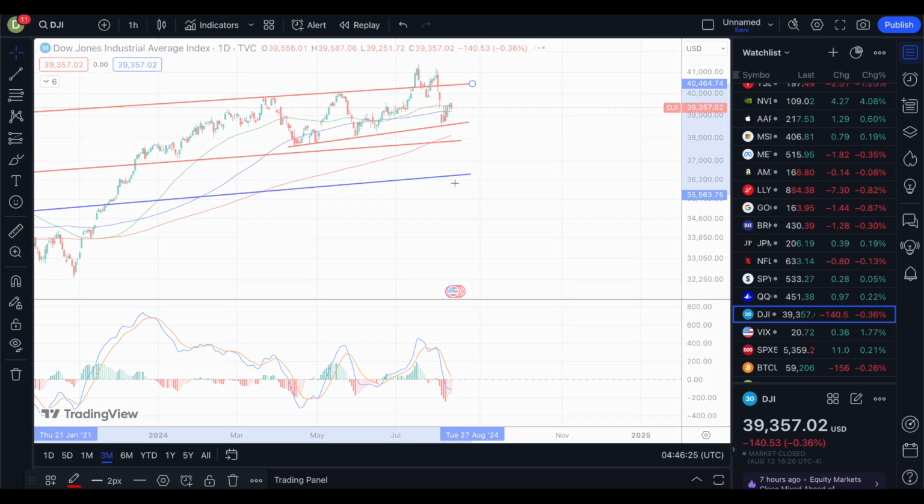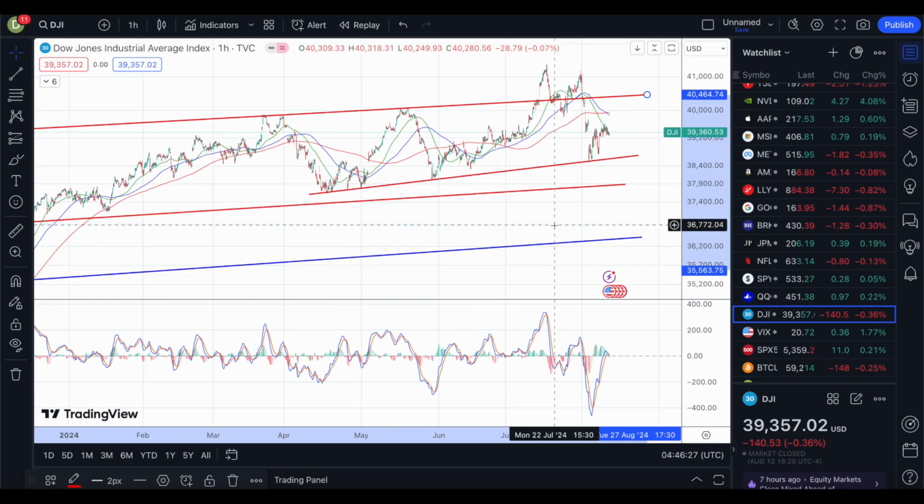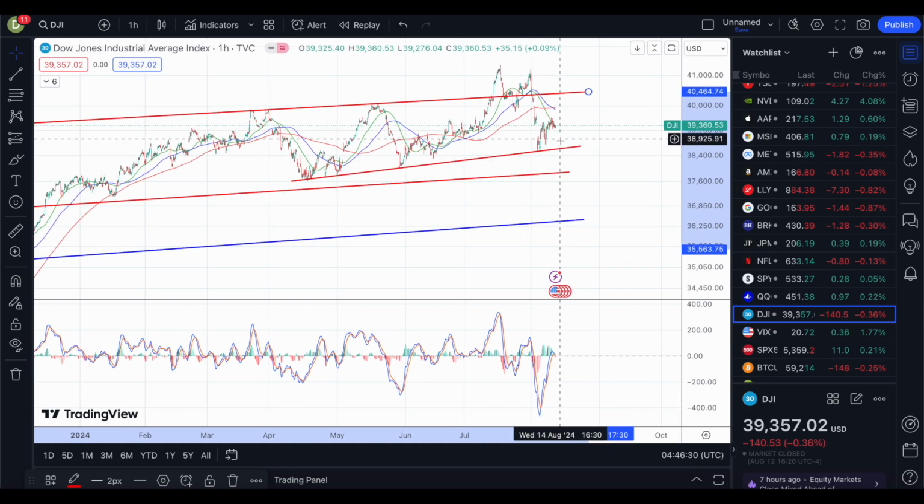But essentially, again, if the CPI and PPI inflation numbers are horrendous and it's back-to-back drop days, then by the end of the trading day Wednesday, again, I'm not expecting this, but in case it happens, then you're looking at support about 37,800 to 37,900 points, give or take.